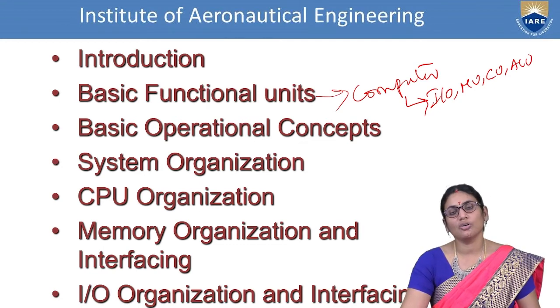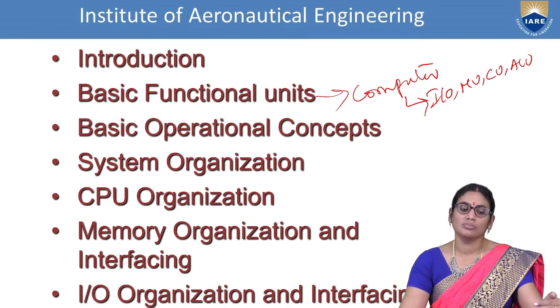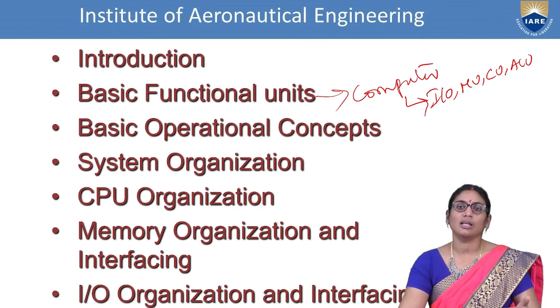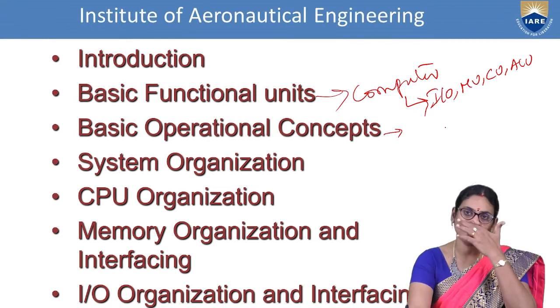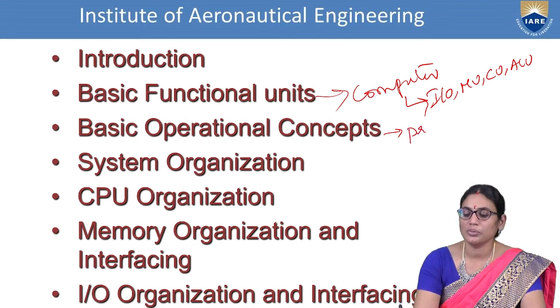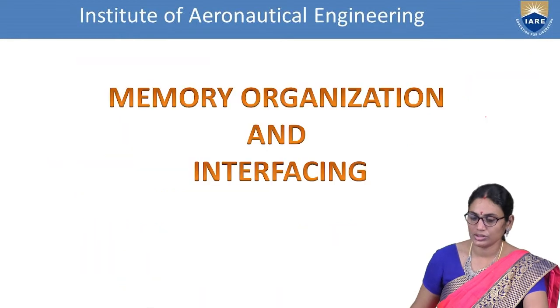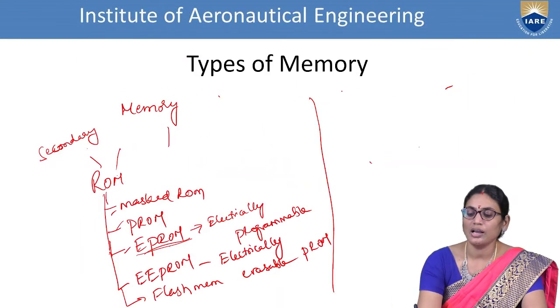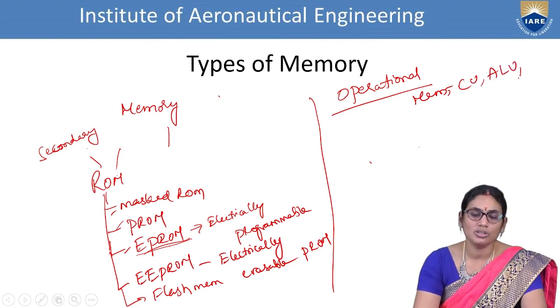Whereas the operational concept is represented by how the data is executed, from getting access to the data to ending the process of data. For understanding this, we'll have a context of things like processor-memory interfaces. Start with the case. So the operational concepts involve the basic functional units like memory, control unit, arithmetic logic unit. So why are you talking about these three units again?